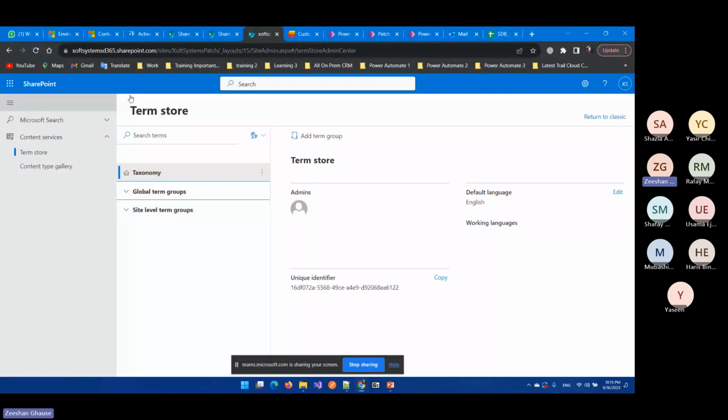But specific to this site, you can create a new one. How? You can click on add term group. Once clicked here, it will ask you for the naming. You need to name it and then press enter. Okay. And here I just created the patch term group, and inside that group I created the term set and then the terms. Okay. But remember,